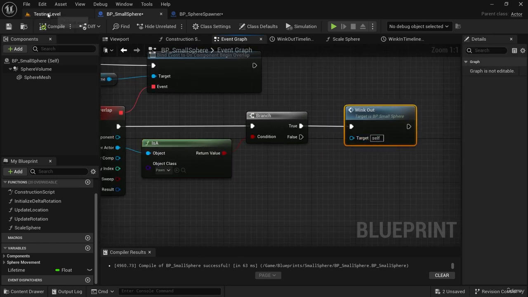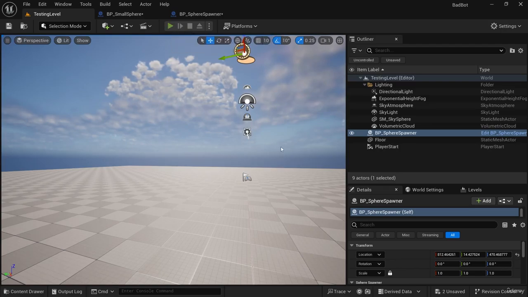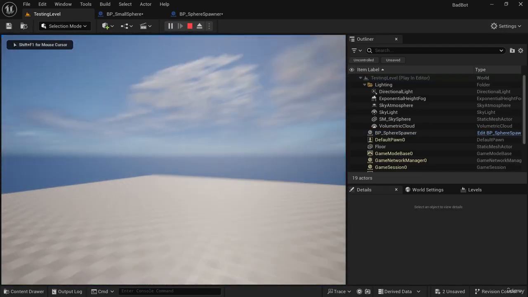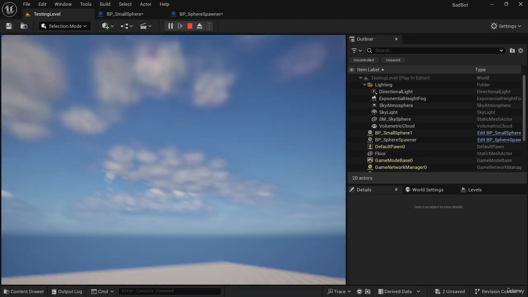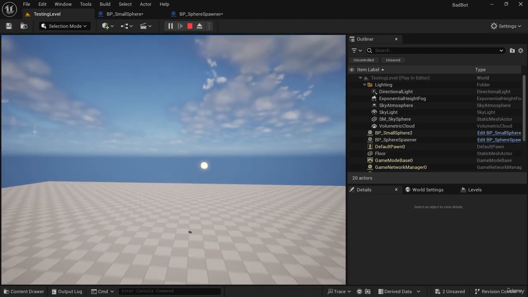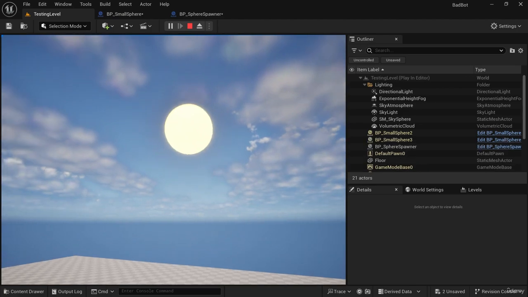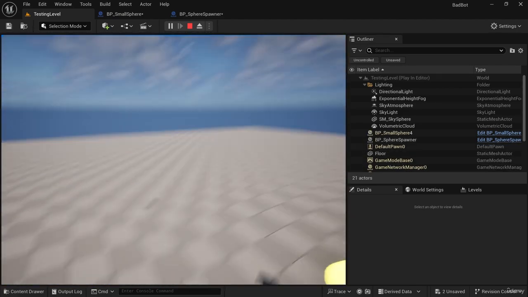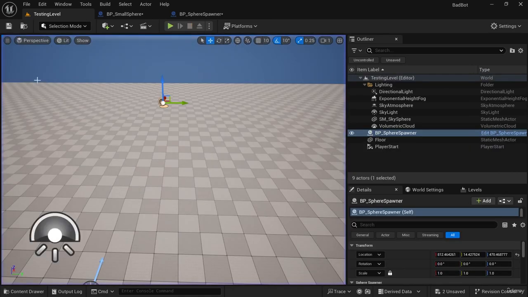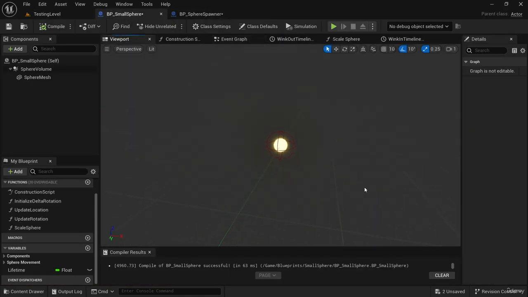So let's play test this. Let's see if we can start that wink out animation. There it is. And if I'm flying too fast, we kind of just fly past it, right? We don't actually see that wink out unless we go up really close, but then we can see it. So in order to start that wink out animation sooner, I'm going to take my small sphere and increase the sphere radius. I'm going to take my sphere volume,